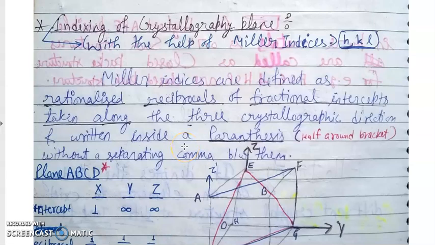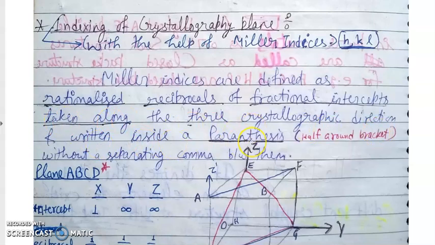So today we are going to discuss the indexing of crystallographic planes, which is in Unit 1 of your Material Science and Engineering syllabus of third semester Mechanical Engineering. Basically, we are first going to discuss the nomenclature of crystallographic planes, and after that I will try to cover the crystallographic directions with the help of Miller indices, which is called HKL. Miller indices are defined as rationalized reciprocals of fractional intercepts taken along the three crystallographic directions and